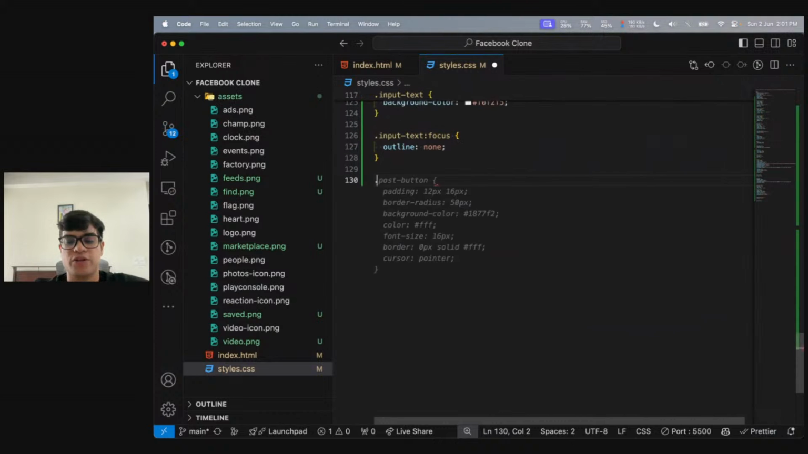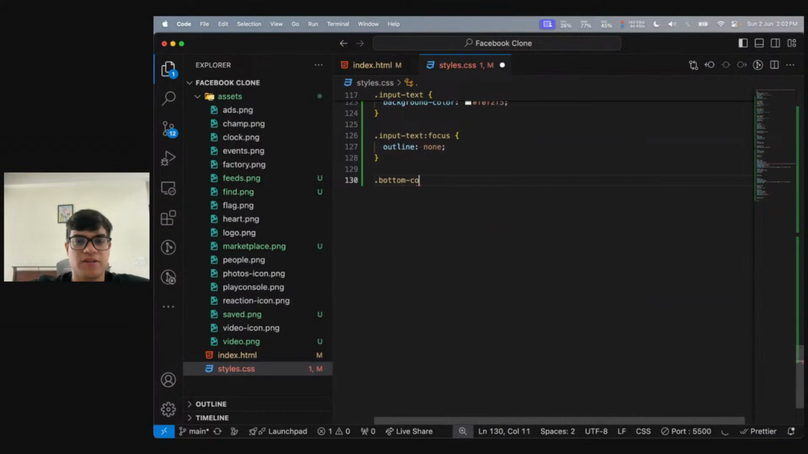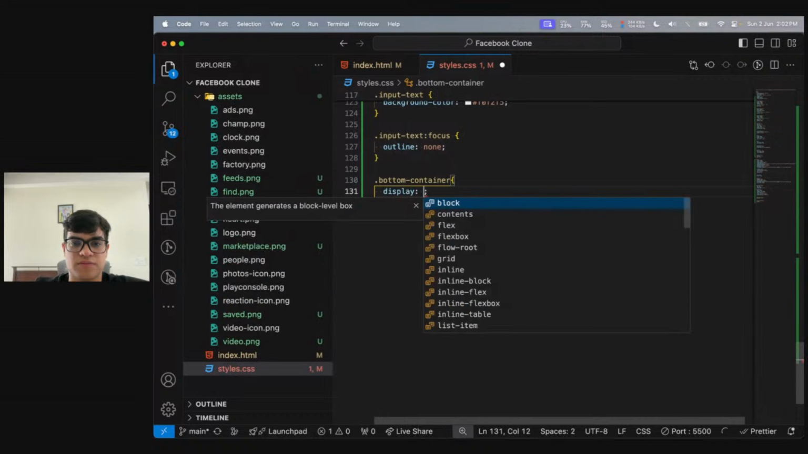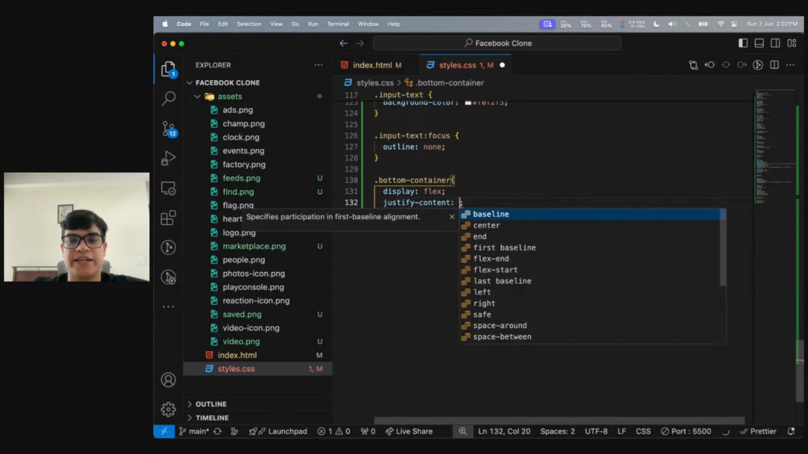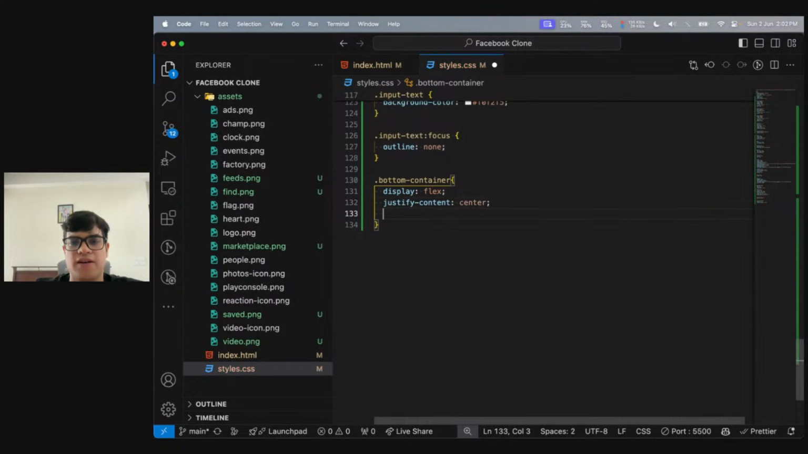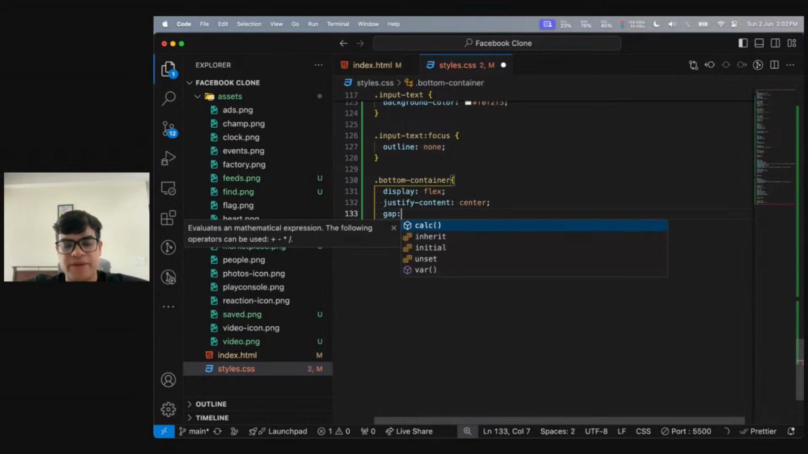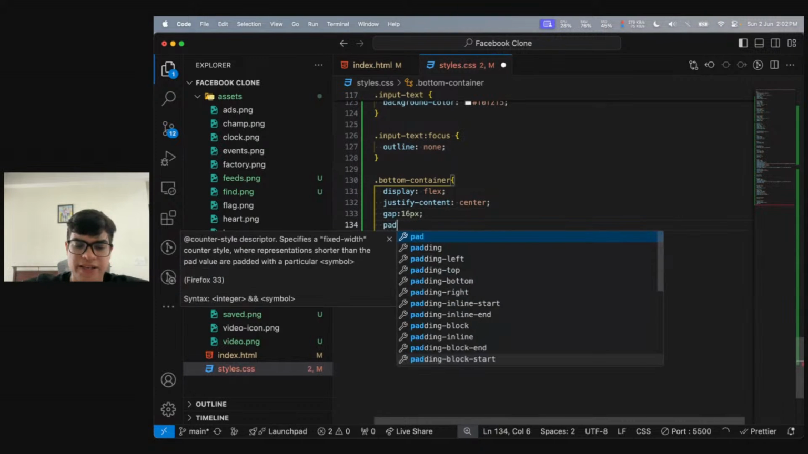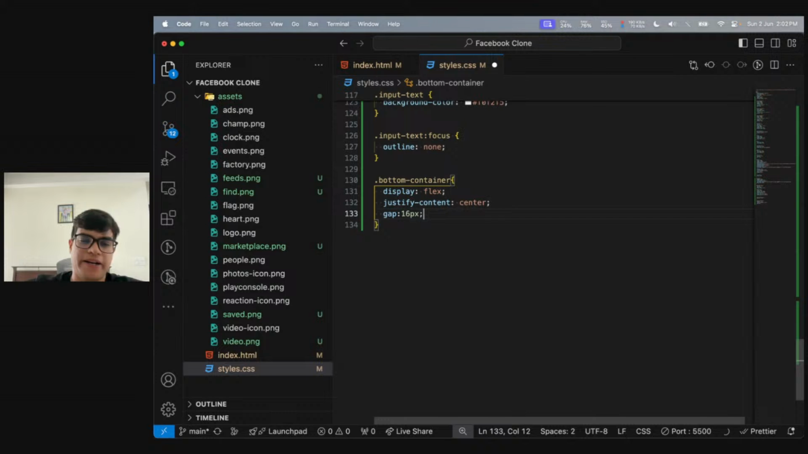So over here I'm just going to say dot bottom container, display will be flex. Justify content is center, I can say. Gap is 16 pixels, I'll say. Padding, I don't need padding actually. And border top,